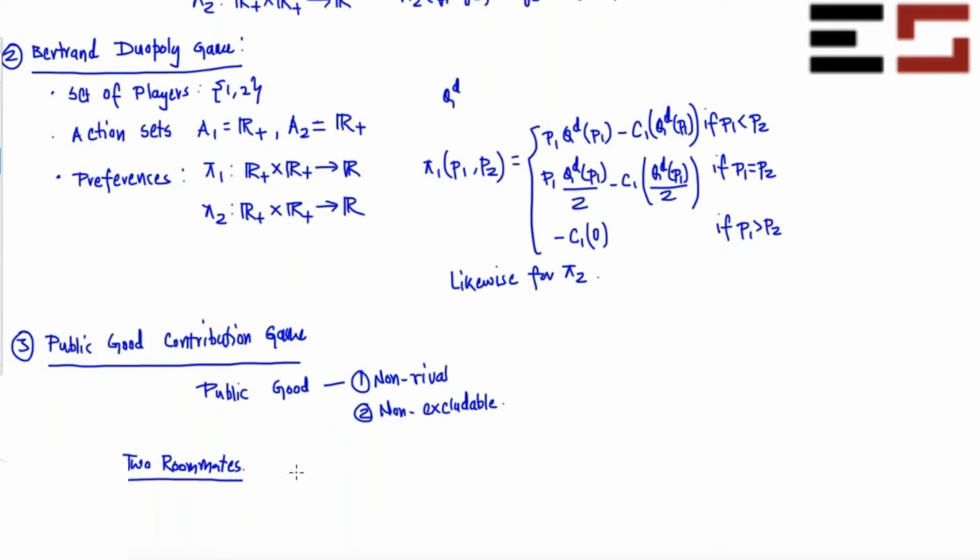Okay, so what they're going to do is contribute out of their pocket money. They are going to contribute something. Suppose individual 1 has pocket money M1, individual 2 has pocket money M2. Individual 1 is going to contribute C1 out of it, and individual 2 is going to contribute C2 out of it. And then from this contribution, C1 plus C2,